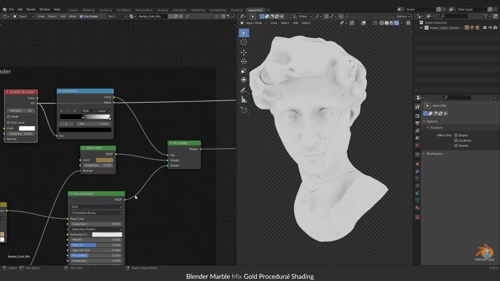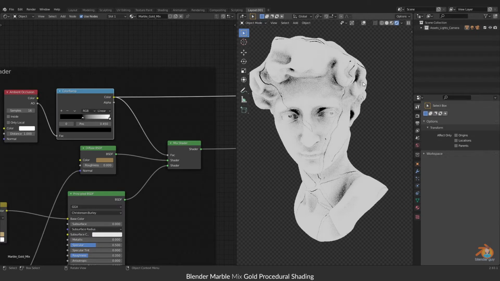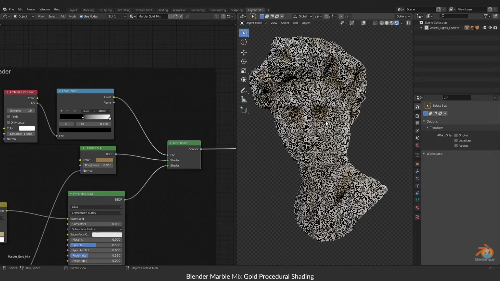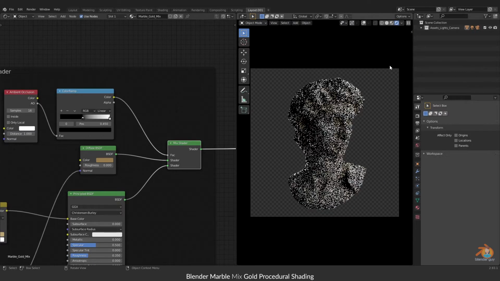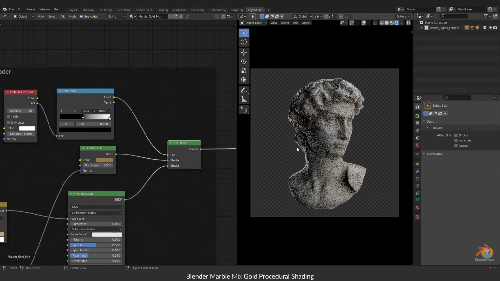Since this has a displacement, it's showing in the preview. With this ramp, I have controlled wherever I want this dirt to be. So this is the way I have created the marble.